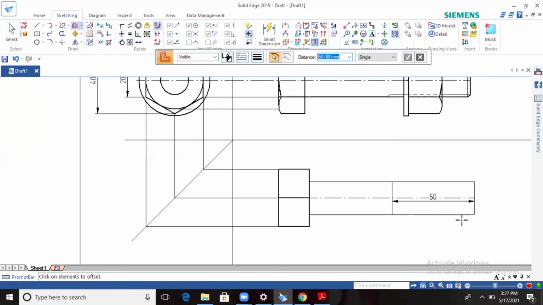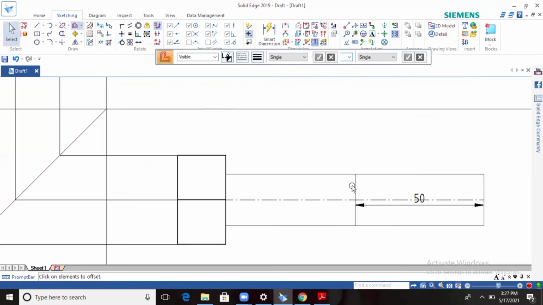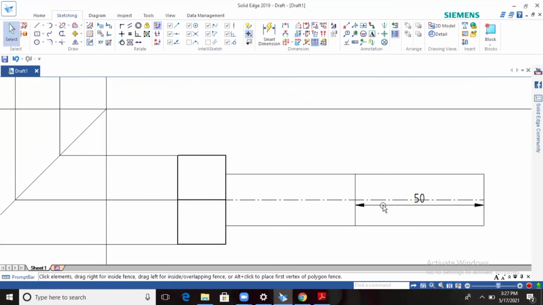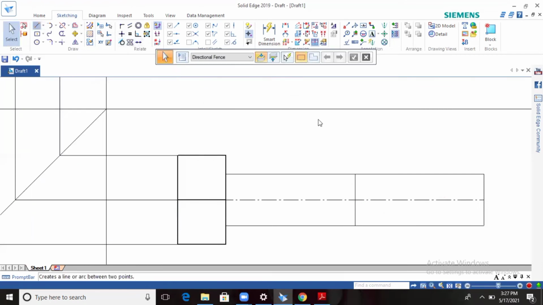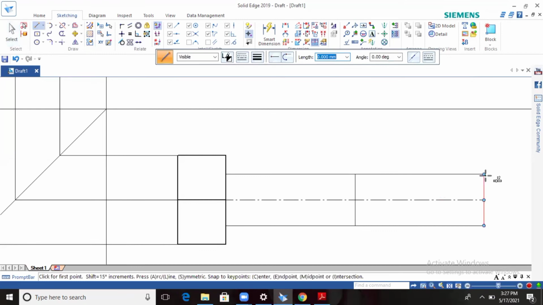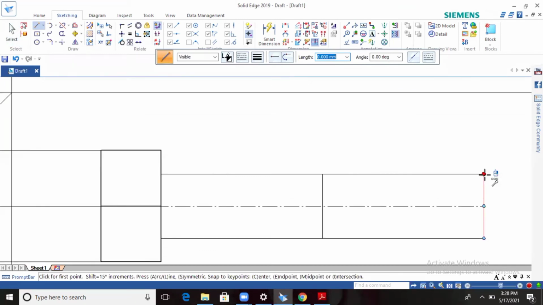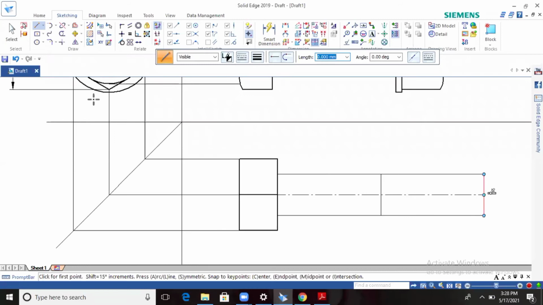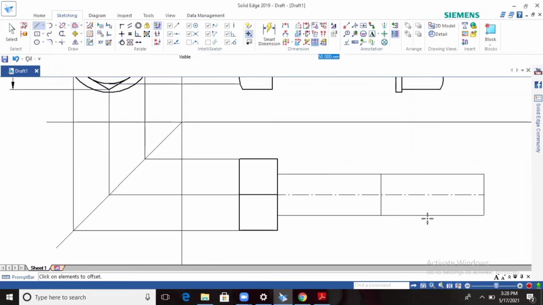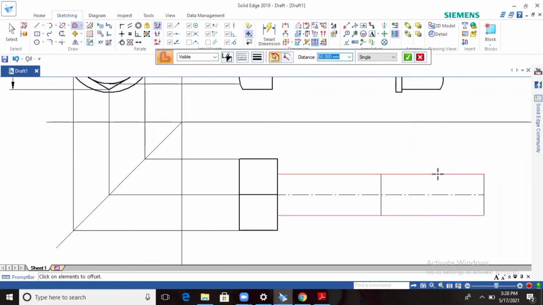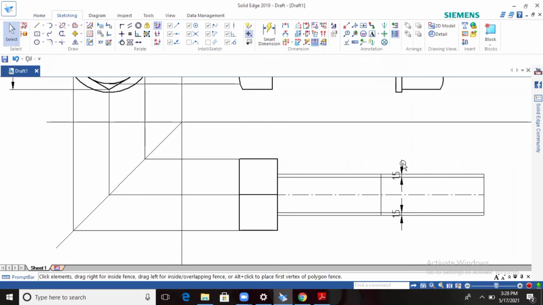Okay, so carefully you have to look at this one. So delete the dimension. So go for the chamfer cut. Okay, so for the minor diameter, if you draw the minor diameter, then you can go for the chamfer cut. Here also there is 1.5 upwards and also 1.5 downwards. Okay, delete the dimension.